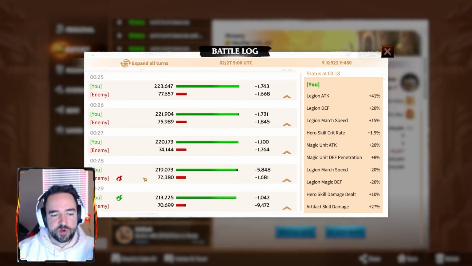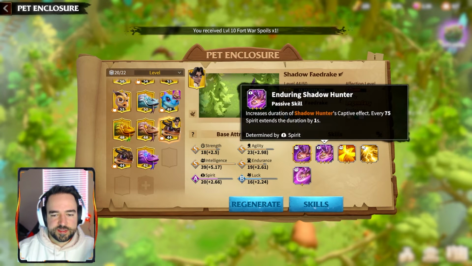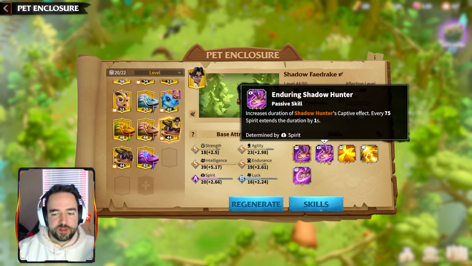This is how the Shadow Faedrake really gets its value, and this is why the 3-star skill is very important on this March specifically. So as I said, of course, having high spirit will definitely be important because I do want this duration to go even higher, and it is every 75 spirits. So I have a base of 20 and then 2.6 per level. What if I had a base of 30 and 5 per level? I could get quite a few more seconds out of this,